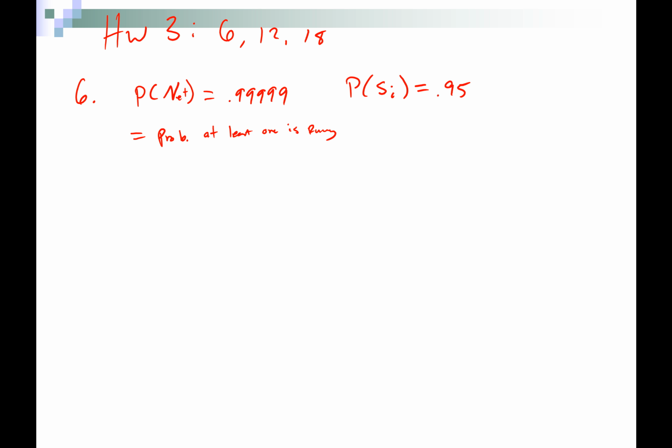Okay, so if at least one is running, how do we find the probability that the system is not working? In other words, what's the probability the network is not up? One minus what? Okay, so it's 1 minus the probability that it's up, which is 0.99999. Okay, does that help us? It's true what we wrote down, but what does it mean for the system to not be running? All of the servers are down. Okay, so what's the probability that all of the servers are down? Well, I don't know how many servers we have, but